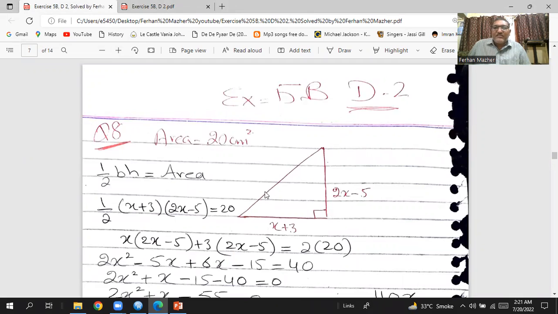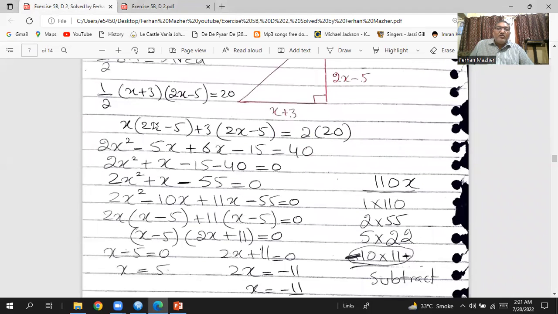It's just a rough sketch, okay? So the area of the triangle is 1/2 into base into height. So 1/2 into bracket x plus 3 and again another bracket, and you will have 2x minus 5 in that bracket, and this equals to 20. Take this 2 to the other side. So it will multiply with the 20. So here this x will multiply with the second bracket, then plus 3 will multiply with the second bracket, and it will be equals to